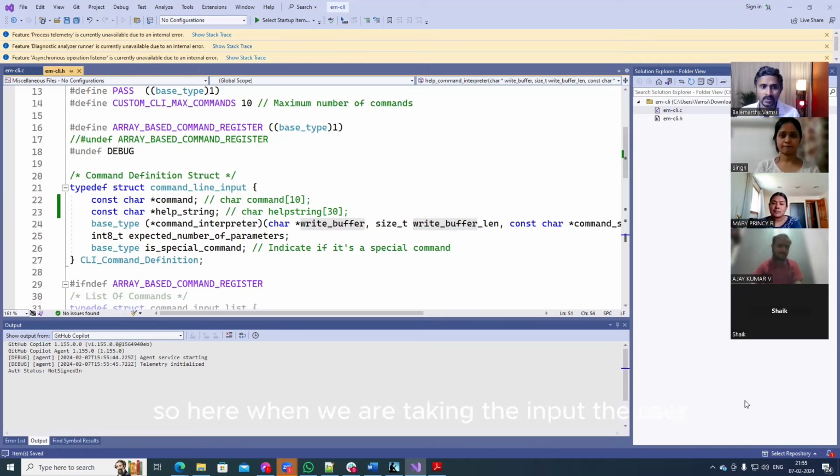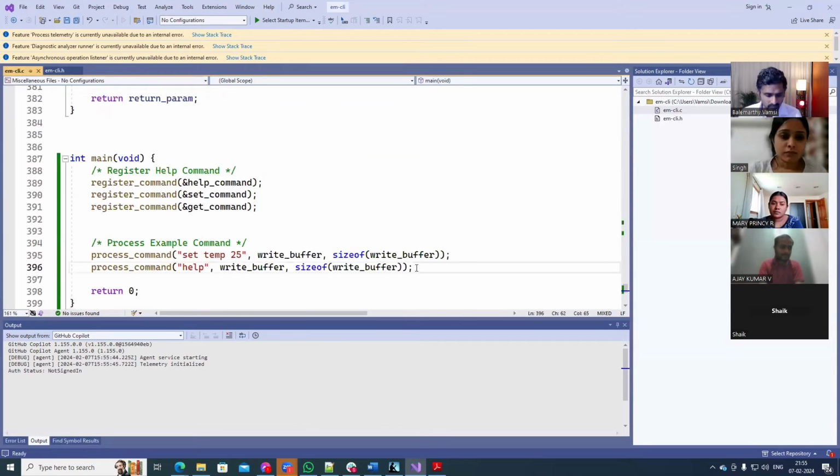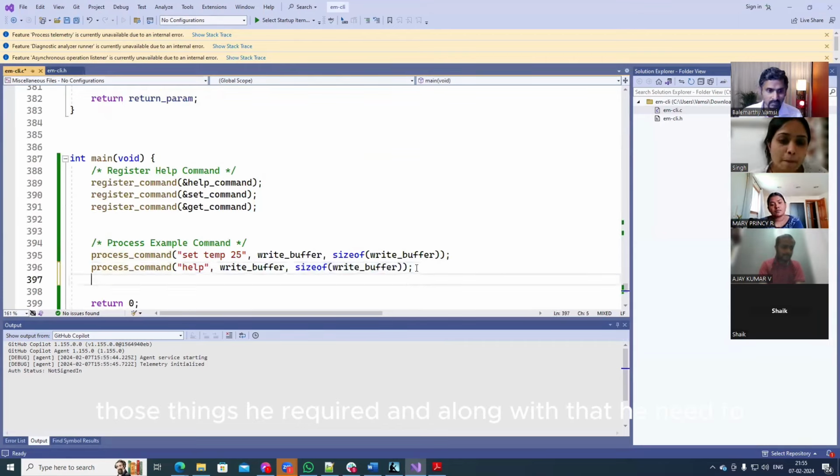So here, when we are taking the input, the user, the developer, or whatever, for example, when he is registering some function called copy, then he needs the source file and the destination file. So he needs to put the command plus copy. The command is copy, two parameters, that are two strings he requires, and along with that he needs to